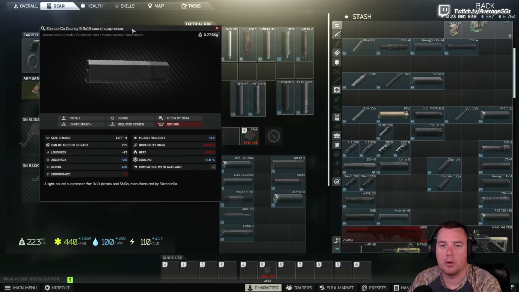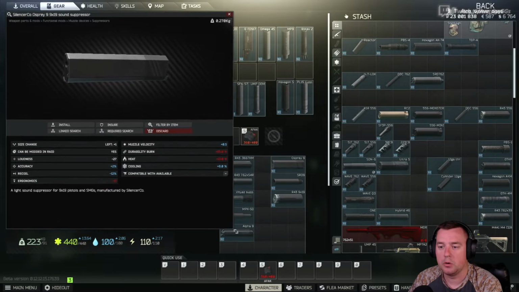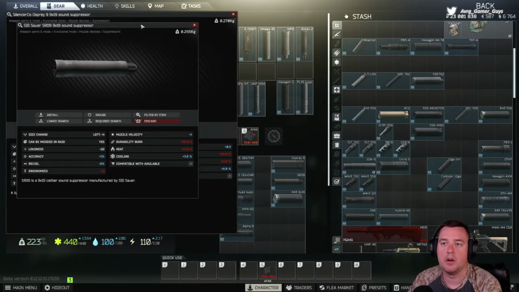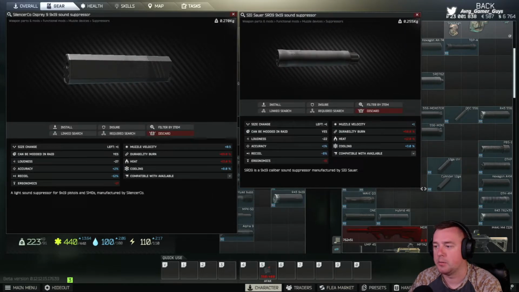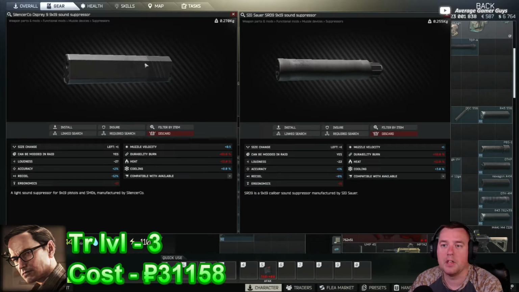The nice part with all of these 9mm ones is that there is no specific requirement for an attachment. So I'm gonna throw a couple of these up at first as we get into your by far your best one, which is going to be your Osprey 9. You get a handful of these from a couple of quest completions. You can pick the Osprey up from mechanic at level 3 for